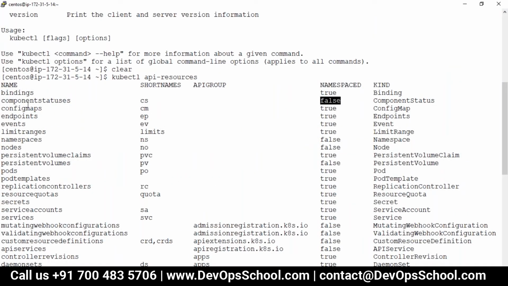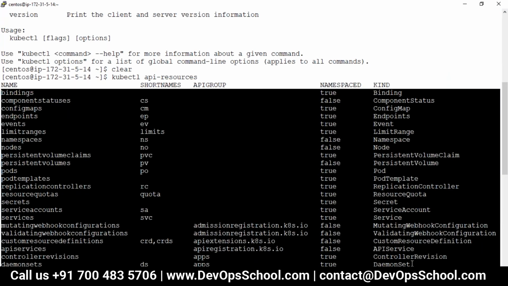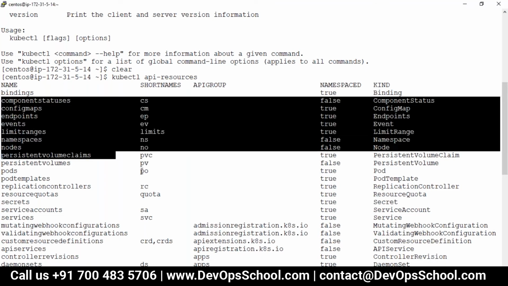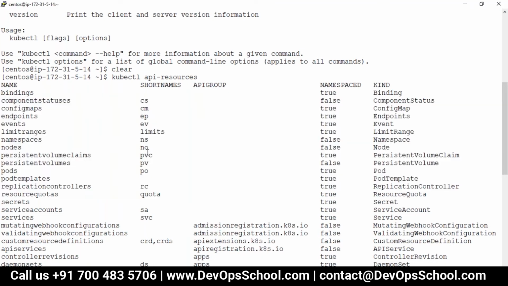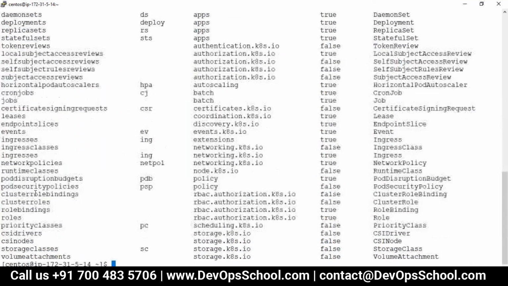Now the question is, what is namespaced, true or false? There are certain objects you can only create inside a namespace, while certain API resources you can create cluster-wide. For example, you see here pods: you can only create them inside a namespace. But look at node objects.